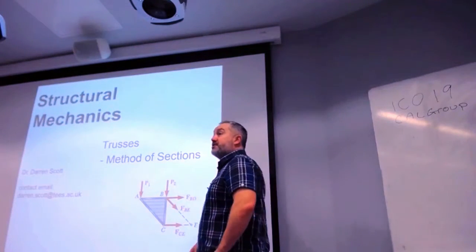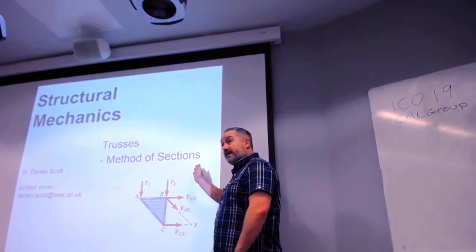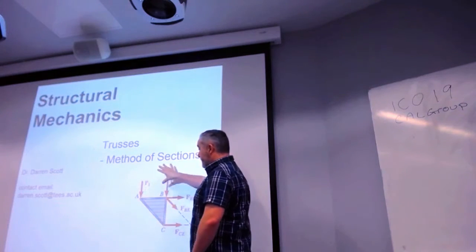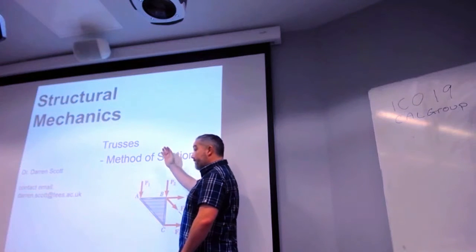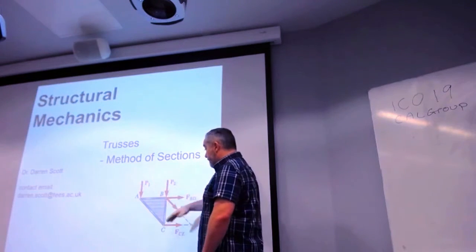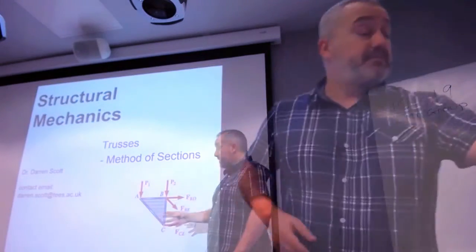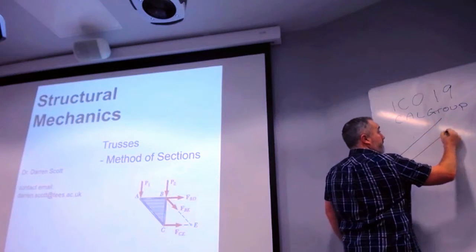Okay, so the method of sections is about splitting your truss into a section and then reviewing this section as a piece in equilibrium. So you're looking at the vertical, you're looking at the horizontal forces, and you also can take moments about a particular point. So if you have a member like that,